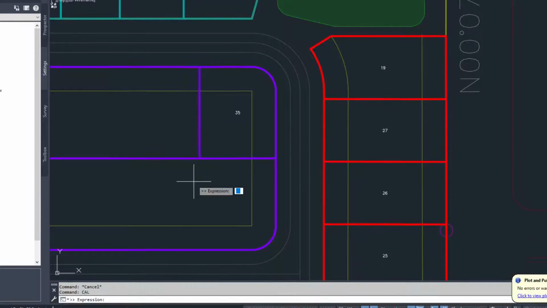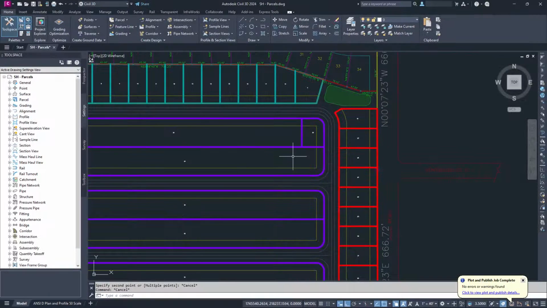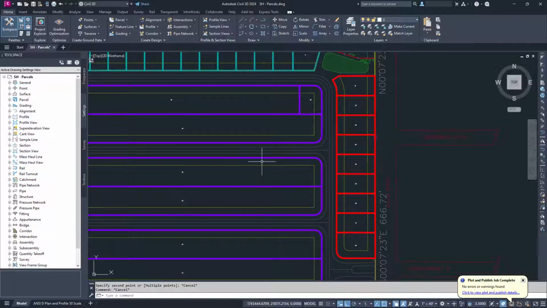79.365, calculate. 79.365 minus 74, which is what I want. I need to move it to the right, 5.365. So I'll do that, 5.365. I'll double check that distance one more time. 74 feet, perfect. Now I could go ahead and subdivide these, but these special ones on the end might be